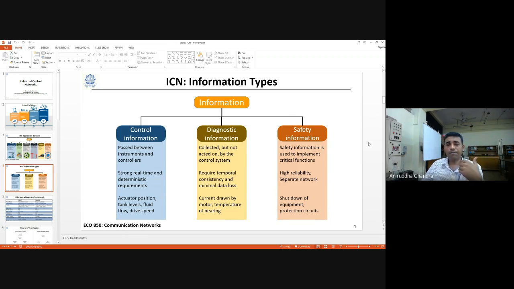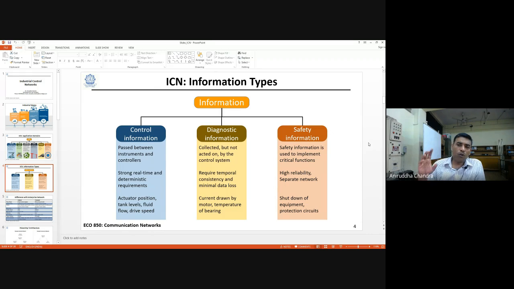And there are some alarming situations, like there might be a methane gas breakout or carbon monoxide gas breakout, where we should trigger some alarm, and probably everybody should be evacuated. So those are safety information. That can be obtained from some carbon monoxide sensor or methane gas sensor, which might be embedded in the drilling machine, or maybe it might have a separate network under the mine. So this is the difference between control information, diagnostic information, and safety information. Now let's see what the details are.